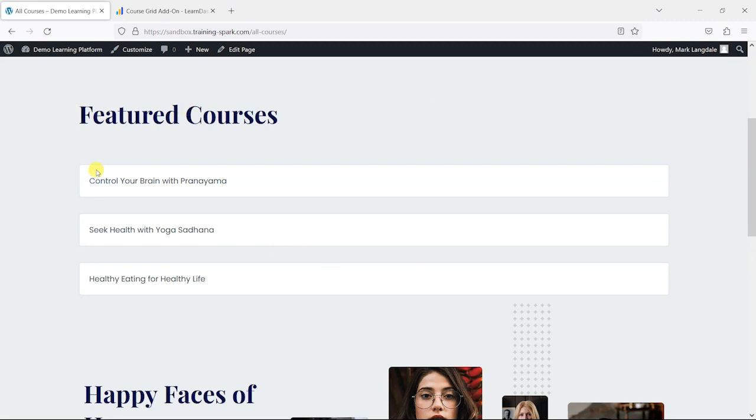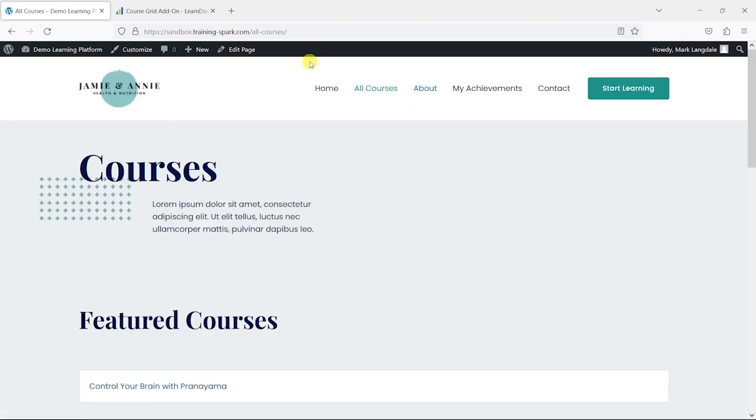So what I have here is the version 1.0 type of course grid that you might have if you've got an old LearnDash platform that you haven't updated for a while. And this is how things have been for quite a long time. This is built into the LearnDash plugin, so you don't have to have any add-ons to show something like this. All we've got here is a WordPress page, and if I edit the page,